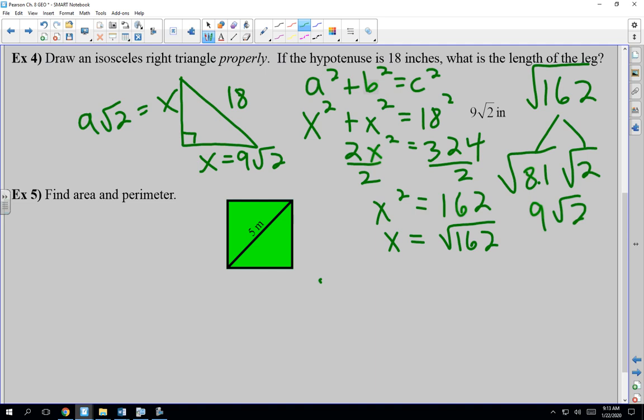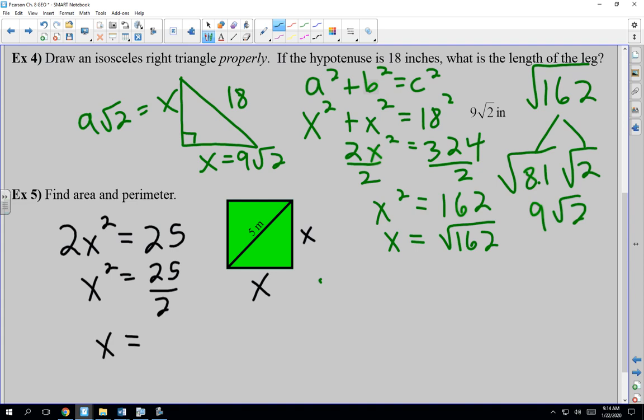Here's another application of this. If I have a 5 as my hypotenuse here, I want to find the area and perimeter of the square. I know those are each x. So if we do our setup here, we have 2x squared equals what? Whatever 5 squared is, right? Equals 25. So x squared equals 25 over 2. So x equals,